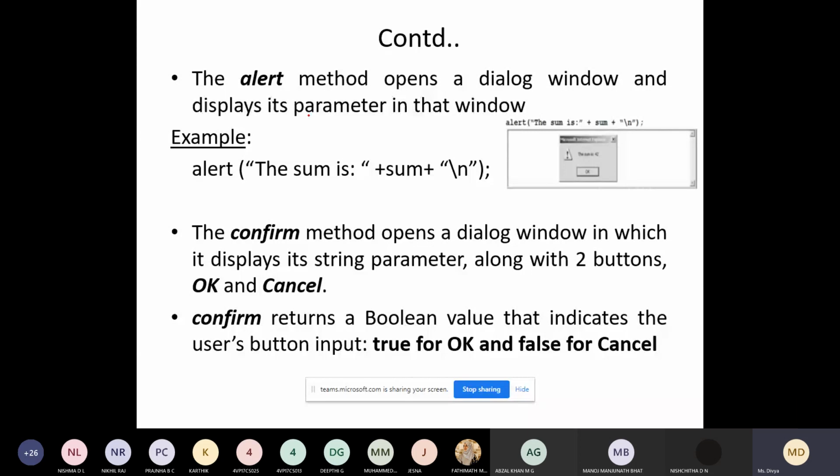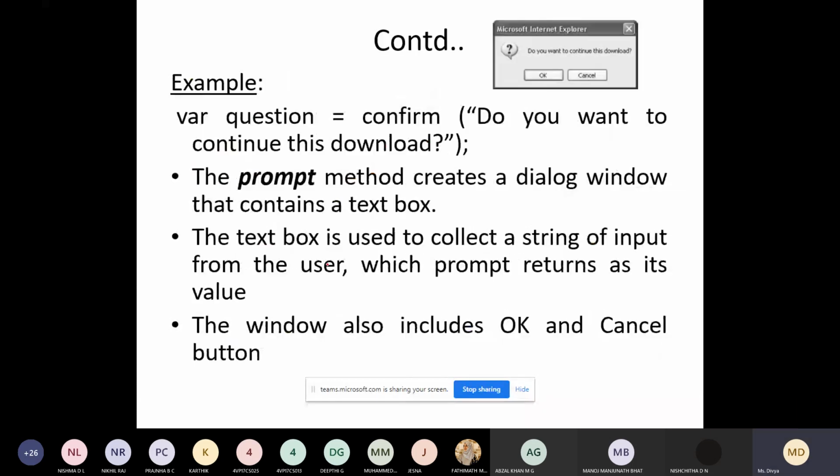In the window object, there are a few other methods. I already showed you how to use the alert method. Alert is used for displaying a box like this. And this is the confirm method. Inside the confirm method, you write a message like this.